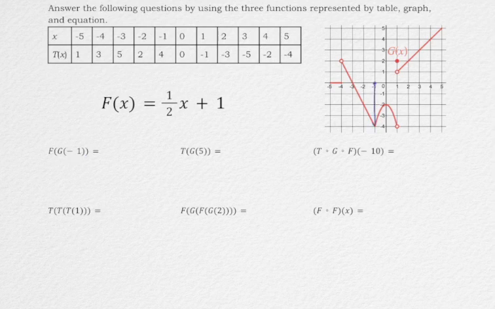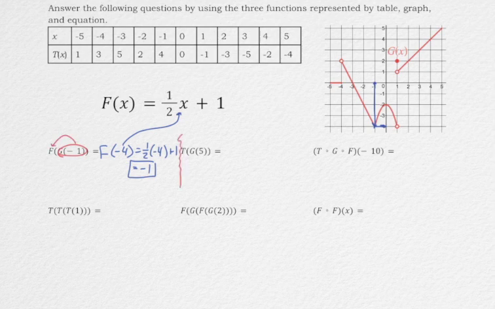That's here, and if I follow that down to the graph, its output or its y value is negative 4. So that means I could simplify this inside stuff to just be negative 4, and then I just have to plug that into the function f, which is up here. So f of negative 4 would be 1/2 of negative 4 plus 1. Half of negative 4 is negative 2, plus 1 would be negative 1. So this composition notation just means to take the inside thing, find a value, and then plug that into the